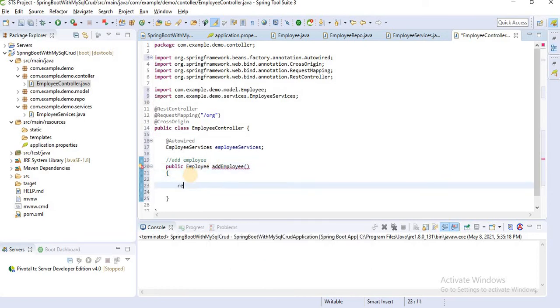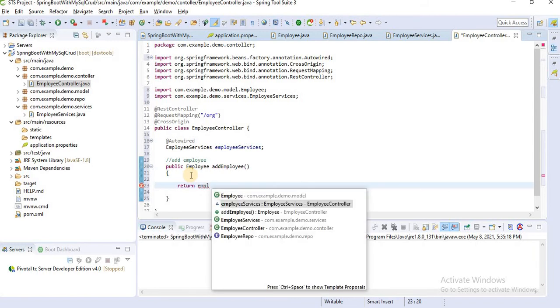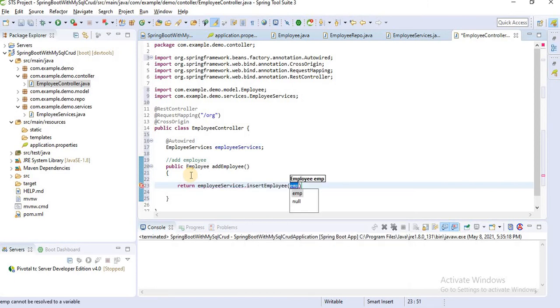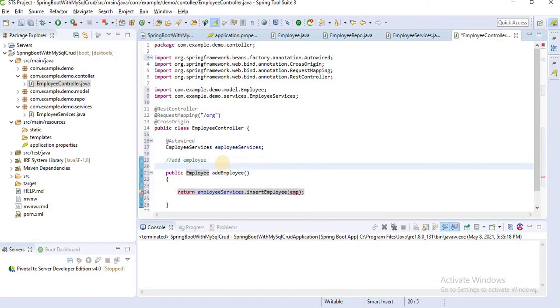Let's return here, return employee service dot, we are saving data, we are inserting data here. In the employee service we have created insert employee. We also have to pass the employee data. That's why we have to create @PostMapping.